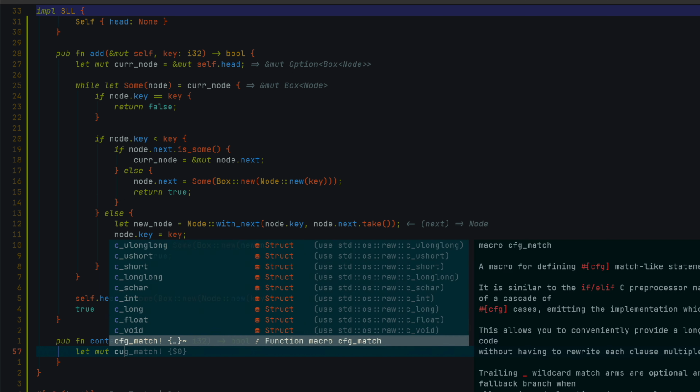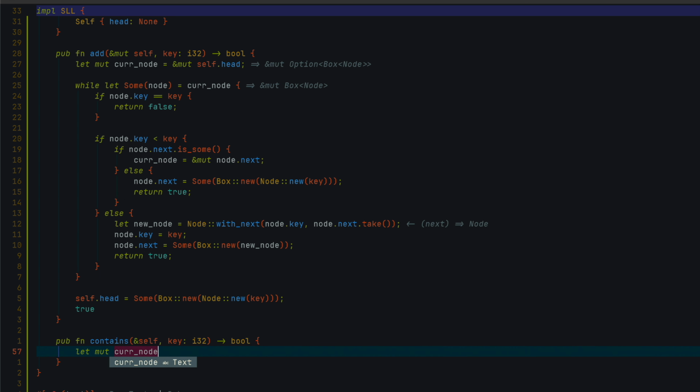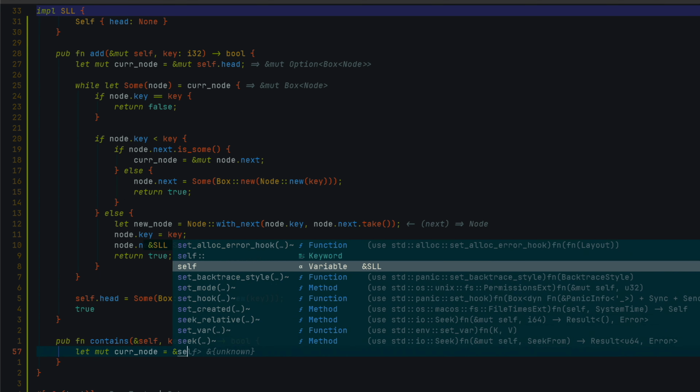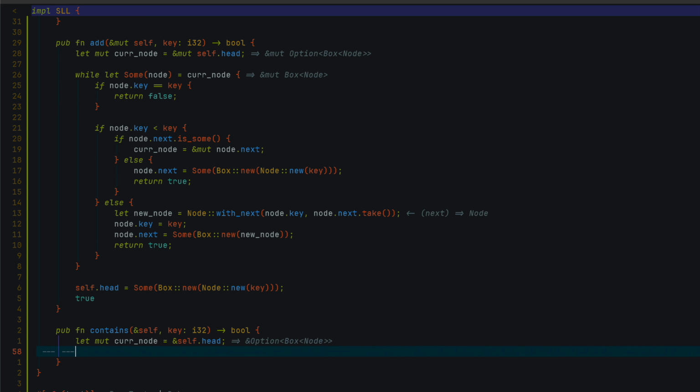Alright, so we shall keep a current node to the current node that we are looking at, and we shall write a